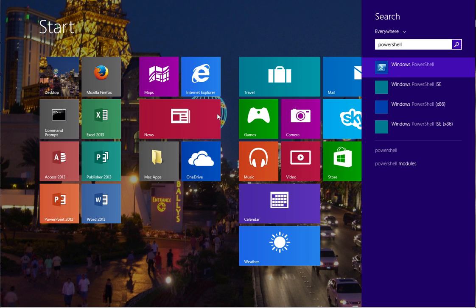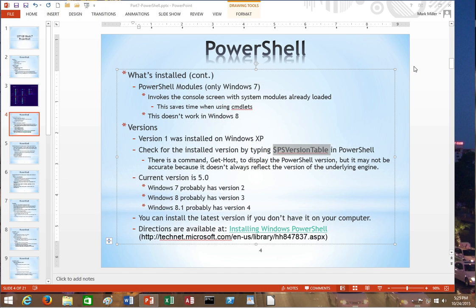So the tiles screen, I'm just going back to that simply so I can get the search button. Alright, so with PowerShell up, I get back several things. So I've got PowerShell integrated scripting environment and just simply the Windows PowerShell where you can type in commands, and that's all we're going to be using in this